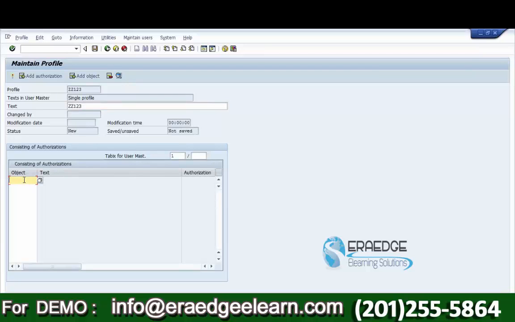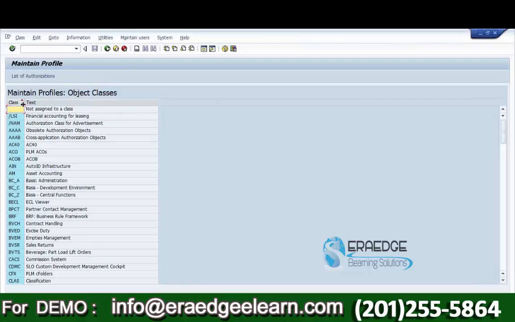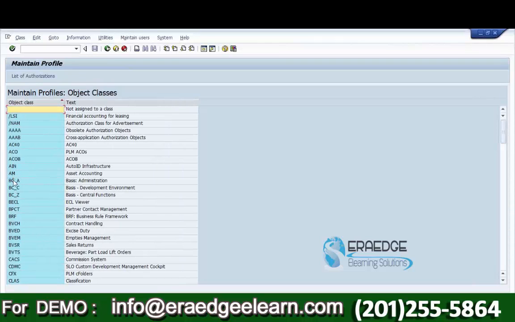Suppose SU01 contains a list of authorization objects. All those authorization objects we will add here. It means we are giving access to the authorization object. So indirectly we are giving access permissions to the users, not directly like giving a T code and then giving access permissions to the authorizations. So this is a different way actually. You can add any number of authorizations, add object. Authorization means it will list out the profiles. See here, from which authorization do you want to join? Basis administration.